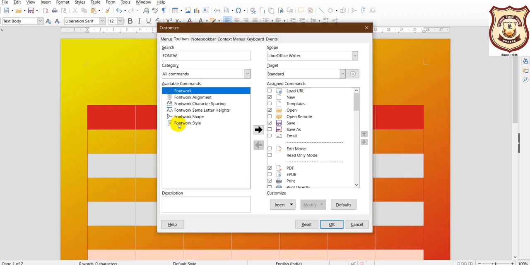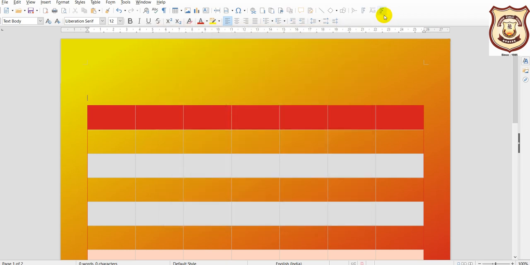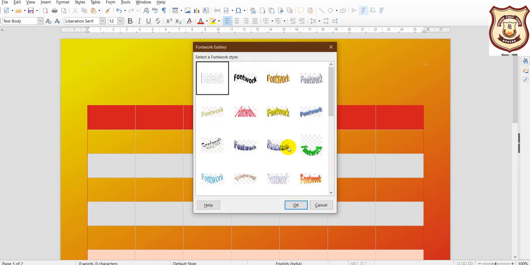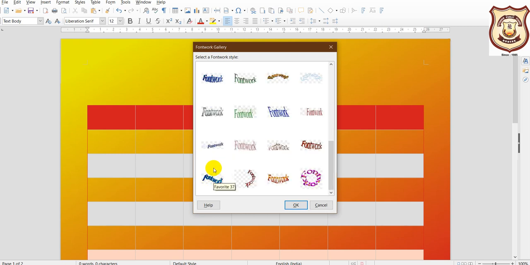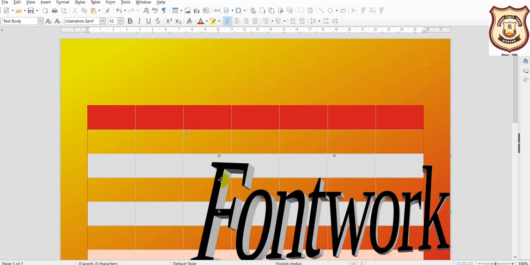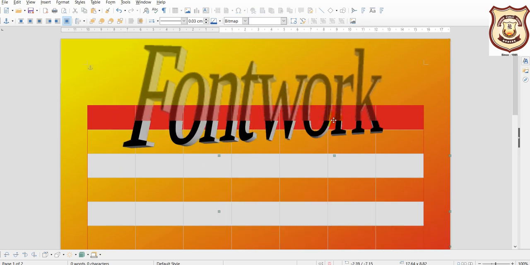This comes when you click it, and then you click the arrow. Okay, and then okay, so it will get added here. Now just click it and select a style of your own choice, that you feel is right, like I'm selecting this. Okay, so it is there, like WordArt is there in MS Word.